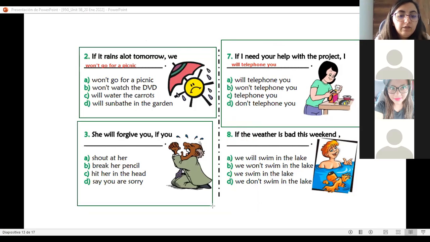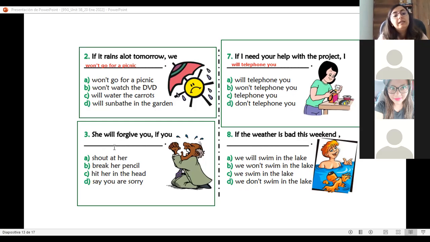She will forgive you if you. Ella te va a perdonar si tú. If you say you are sorry. Exactly. Aquí tenemos lo contrario. Si ustedes se fijan, empezamos con la consecuencia, ¿no? La consecuencia es que va a ser perdonado, ¿no?